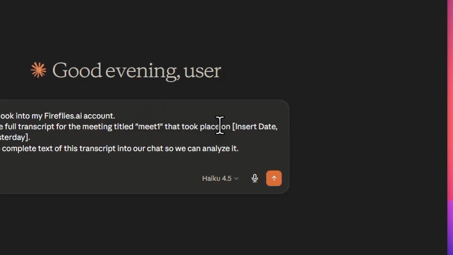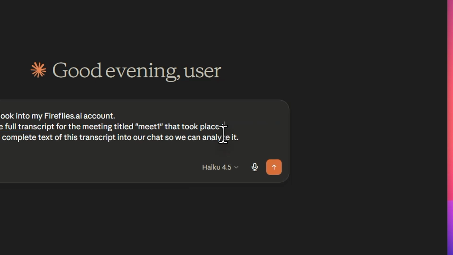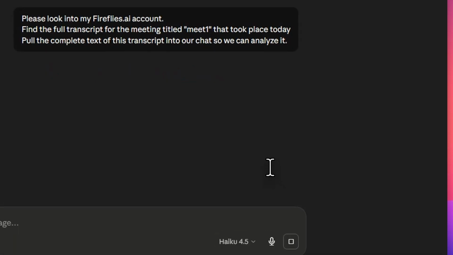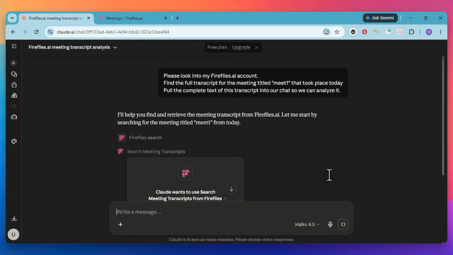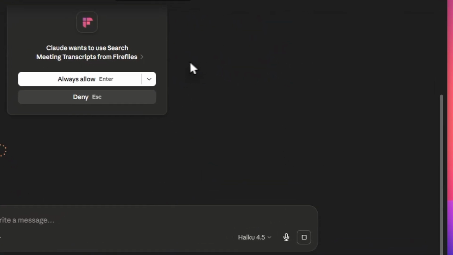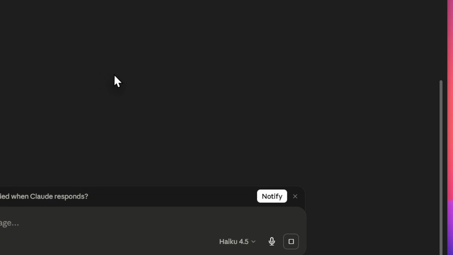Make sure you replace the meeting title and the date with your actual meeting details so the AI knows exactly which file to retrieve. Then, simply add a final instruction asking Claude to pull the complete text into the chat for analysis. The AI will then reach into your Fireflies logs and bring the entire conversation right into your current